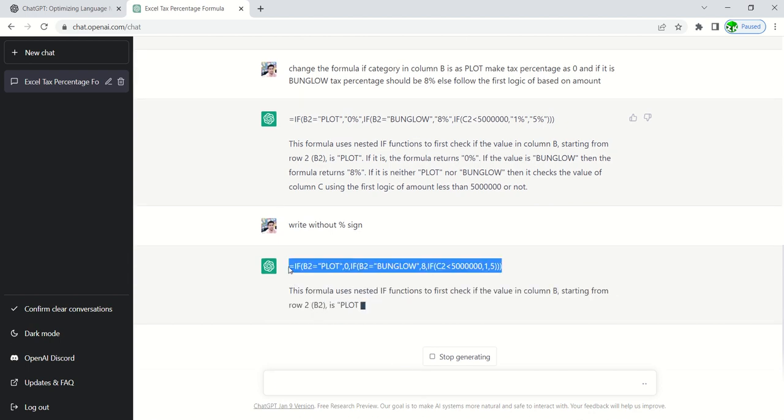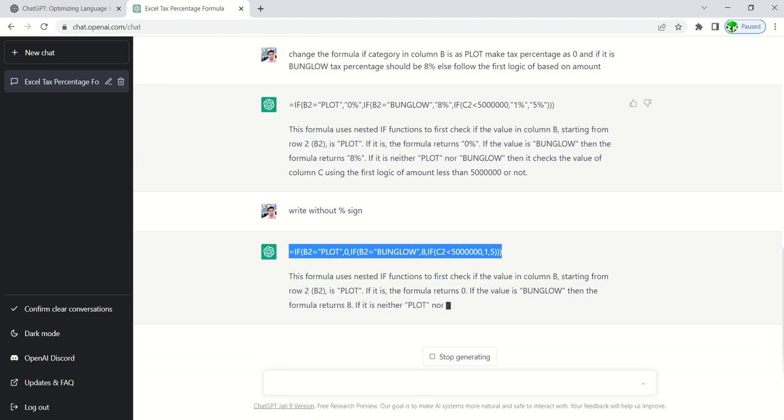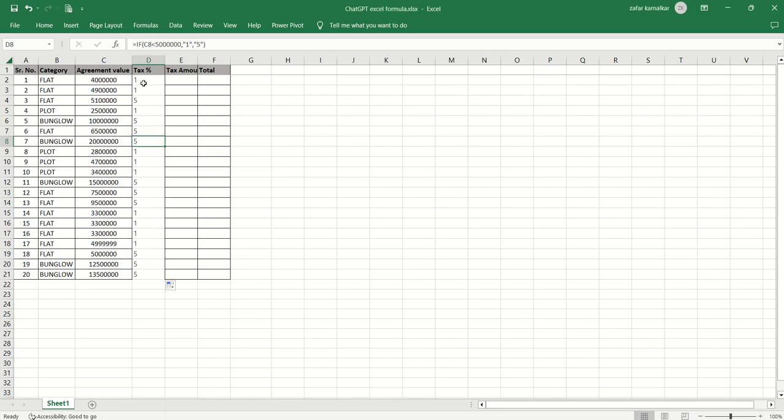Okay, so I will copy this formula again. See, the first one was simple, but this is a little complicated. Here, copy the formula at all the places. See the beauty of this. Here, it is less than 50 lakh, 1%; flat more than 50 lakh, 5%; plot is 0; and bungalow is 8. So this is the beauty of Excel formula, and even if we don't know the Excel formula, we can